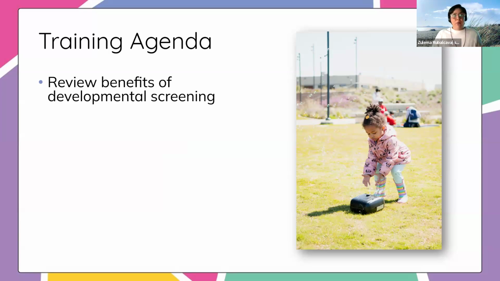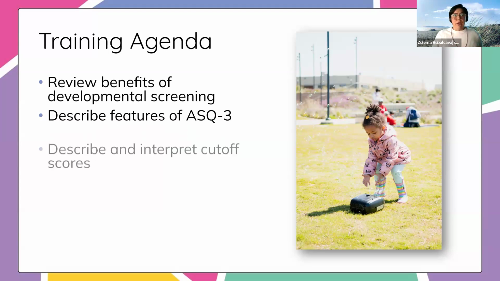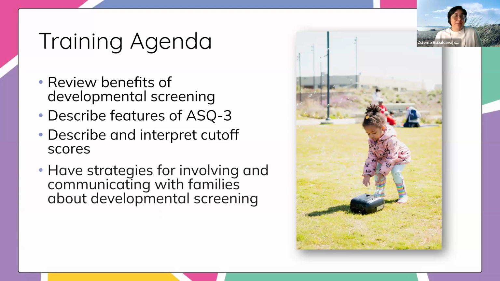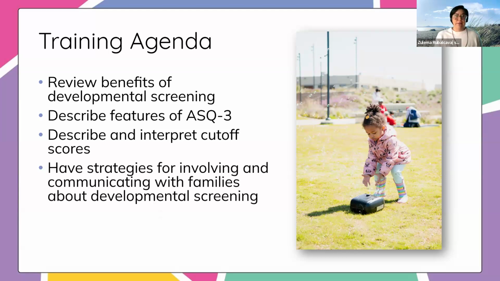So we're going to talk more about why it's important, why the ASQ is such a good tool, especially around developmental screening, learning more about child development. We're going to really look at the features of the ASQ, especially those that are going to help us implement with our children and with our families. We're going to look at scoring, but not just the number, because what is a number? We're going to put it into context and talk about those scores to really interpret what they mean, what they're telling us about that child's development.